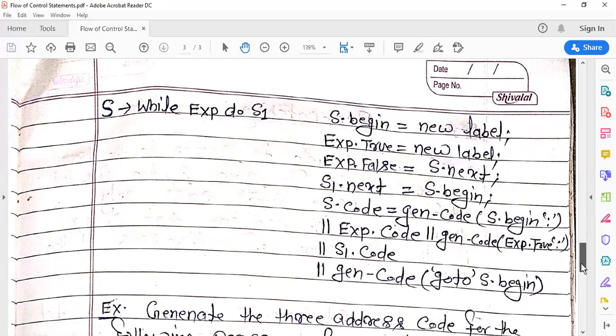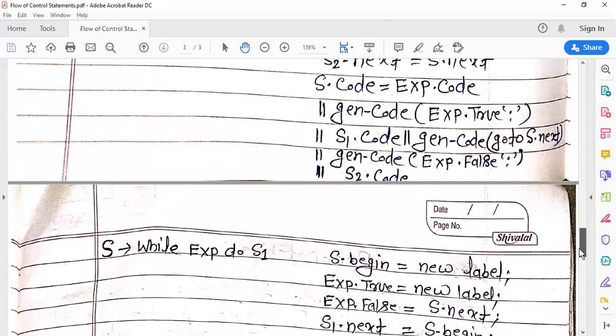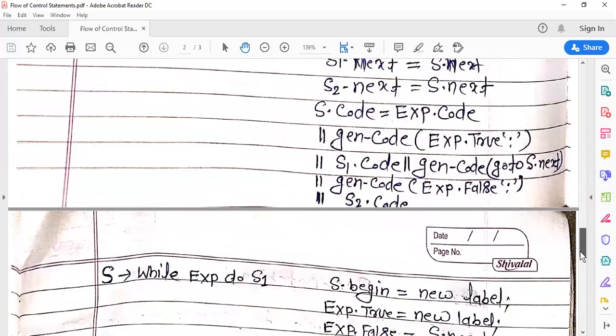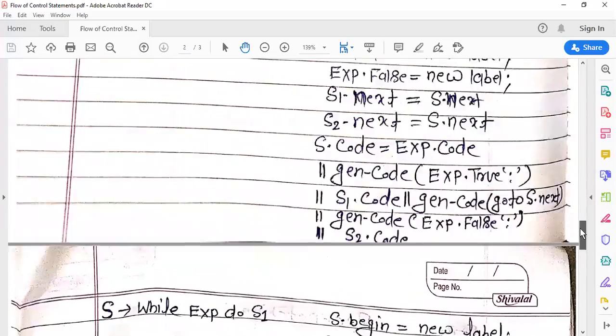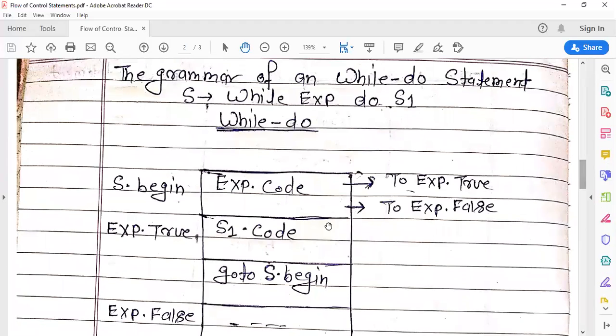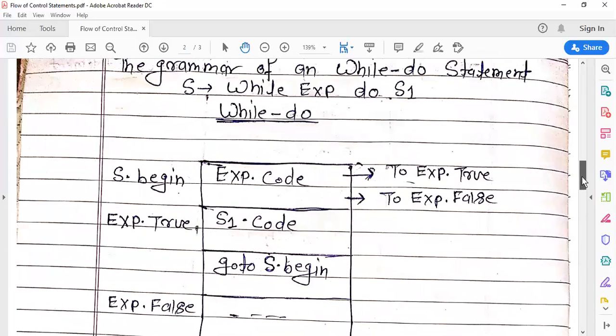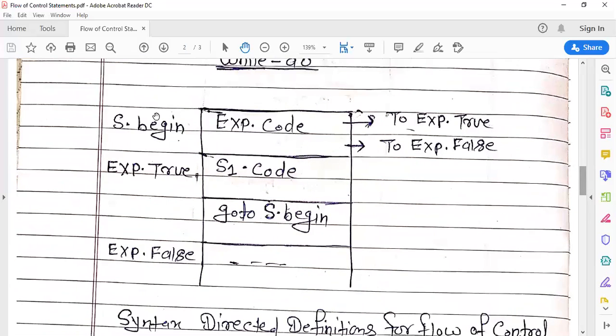Again you can see the block diagram of while do. S.begin is equal to new label; this S.begin has a new label, which you can assume as a number, say 100. Suppose S.begin has the exp.code.